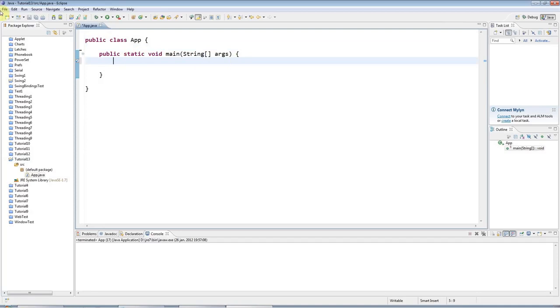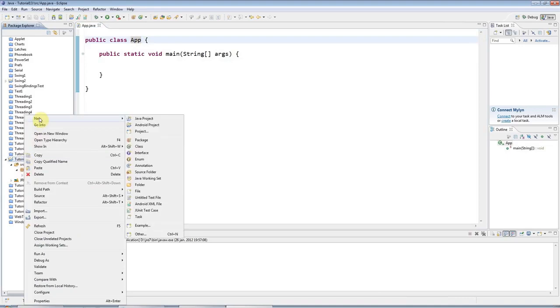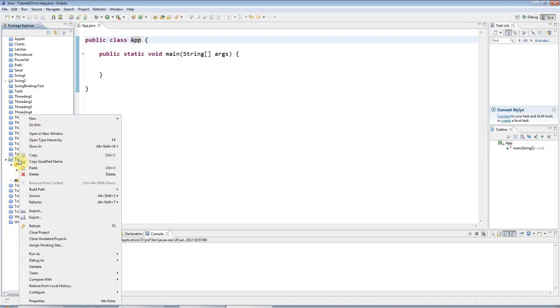And the reason I wanted to show you that was just to remind you that you're already creating classes in Java, because unless you're using some really strange editor that some kind of university course has saddled you with, then you will already be creating classes to run your Java programs. So you know how to create a class in Eclipse. You go to New, you can right click on Project as well and go to New Class and just give